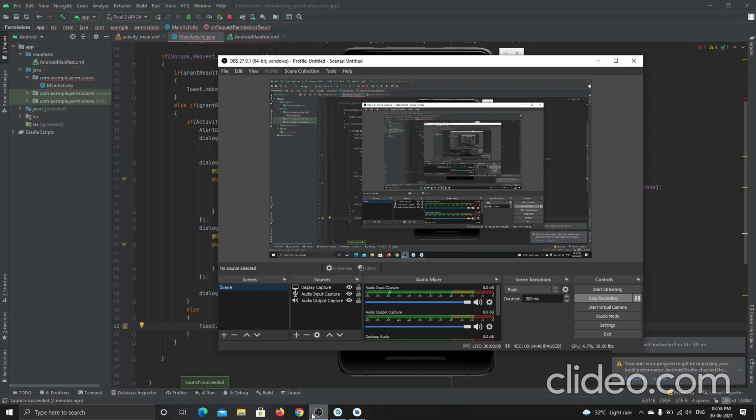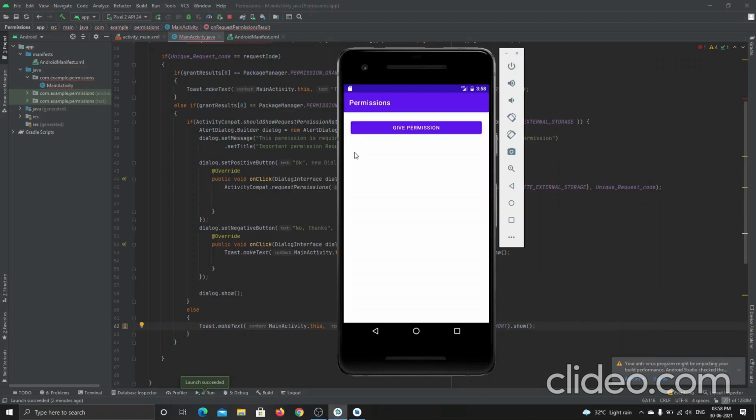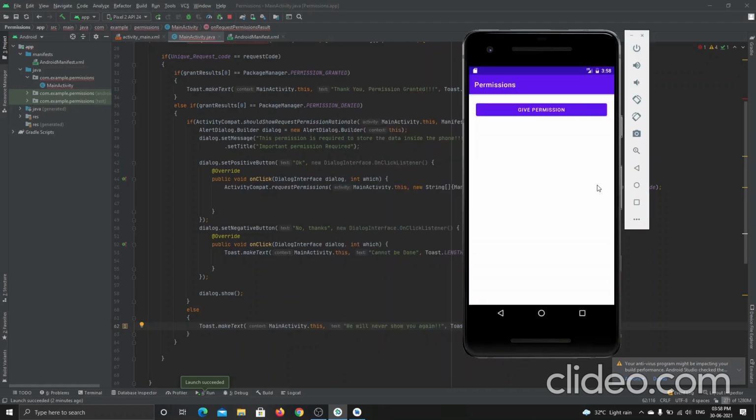The application just launched. Yeah, the application has been launched now. If I select no, don't show this message again, after clicking I don't want to see this dialog message. Let's check it.